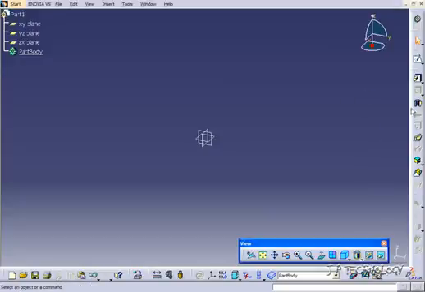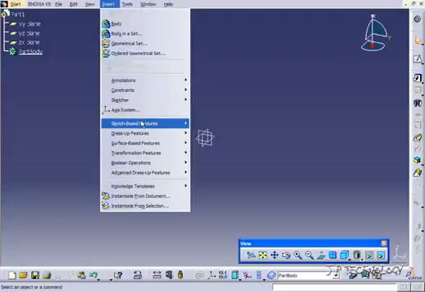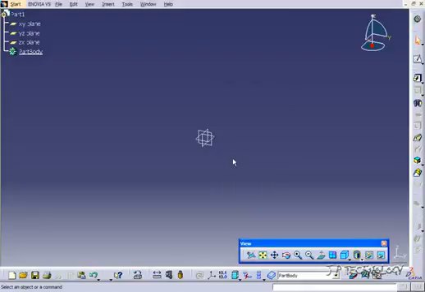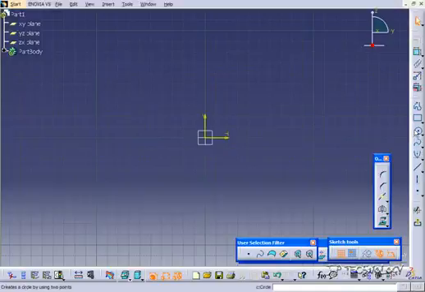So the shaft feature can be found on the toolbar over here, or if you go to Insert, Sketch-Based Features, you can find the shaft feature here. So what we're going to do is set up the two different sketches that we need to create our shaft. First off, let's click the YZ plane here, and let's click Sketch,